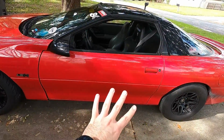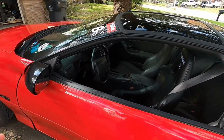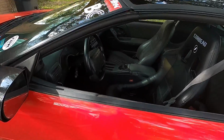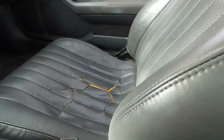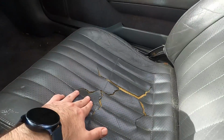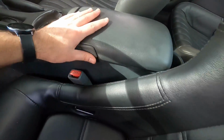Item number 4 that I absolutely hate about this car is just the cheap 20-year-old 90s GM plasticky everything. You can even see over here, I'm gonna lean in here, move this mask out the way. The seats, even the leather is hard and just breaks. It's brittle, it's junk. Like all the squeaking,